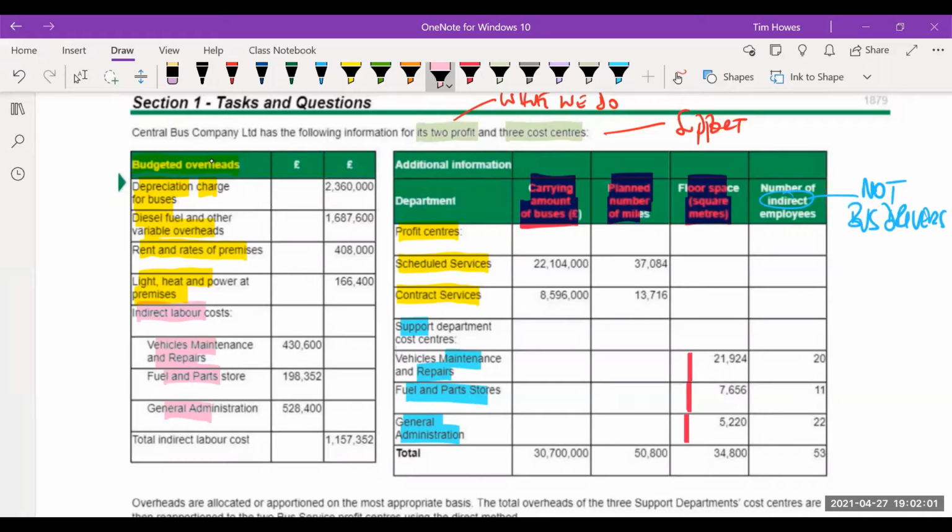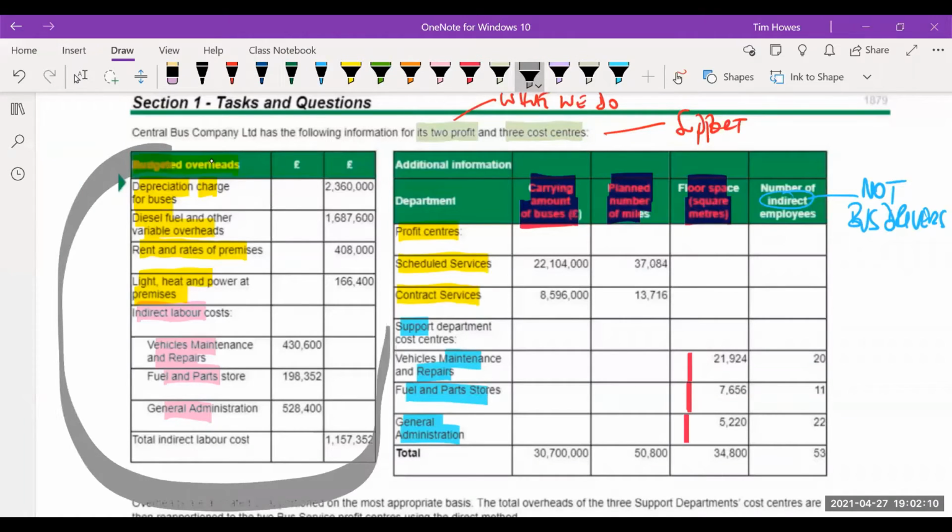Great. So the job at the end of the day is all about, if I can be so bold as just to draw it, we've got to take all of this overhead cost here, and ultimately we've got to link it to what we do. So all of this overhead cost has got to in some way get into the cost of providing scheduled services and providing contract services. The flour and the batter, if you like, in a manufacturing type setup.